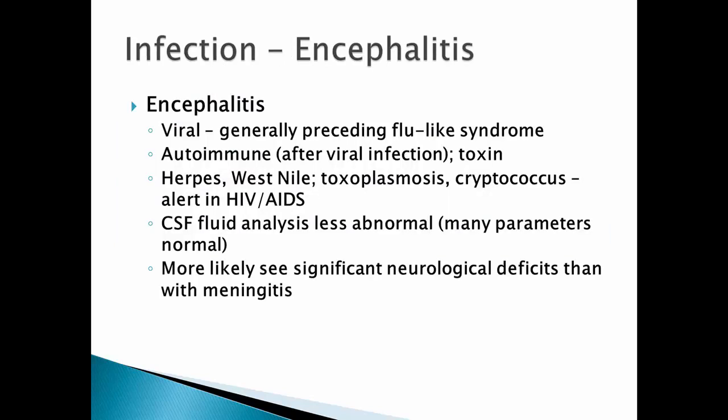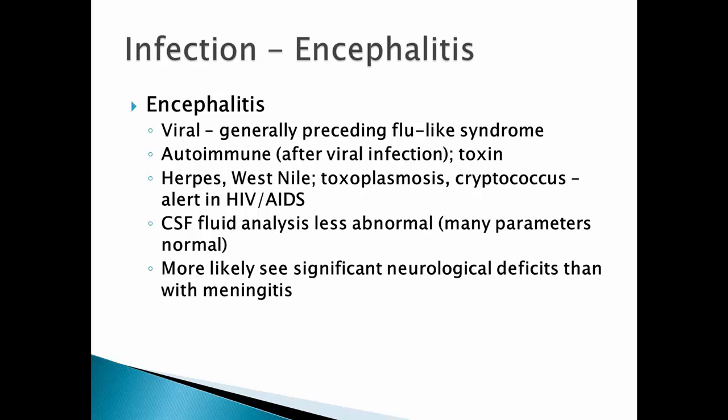Let's turn our attention then to encephalitis. Now, an encephalitis generally is due to a virus, although it could also be toxic or it could be autoimmune. So when we think about an encephalitis, this usually has a more gradual onset than we see with a meningitis. Frequently, a viral encephalitis is preceded by a flu-like syndrome. We may see it presenting as an autoimmune response after a viral infection, or again, this may be a toxic